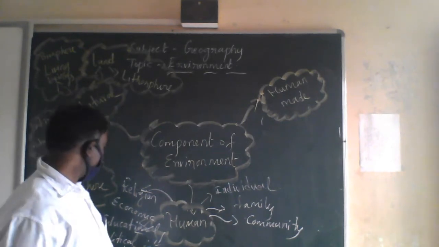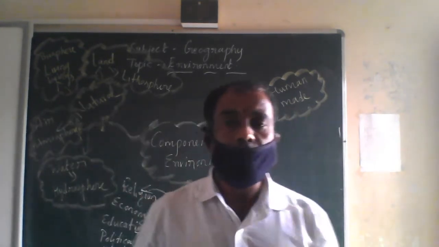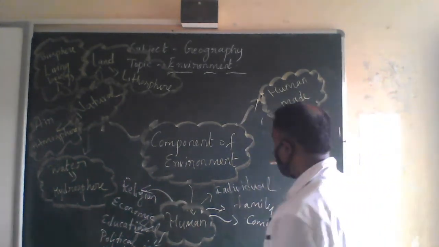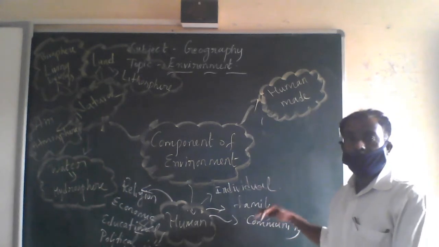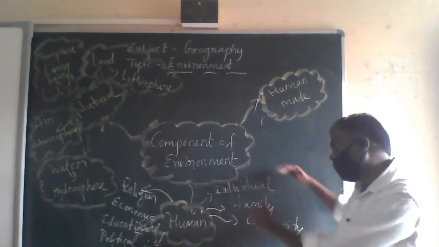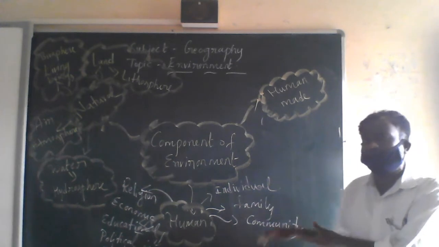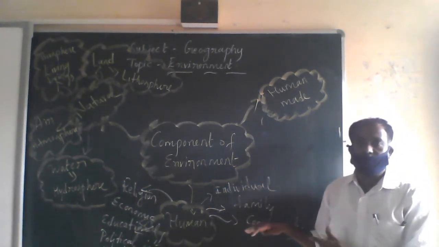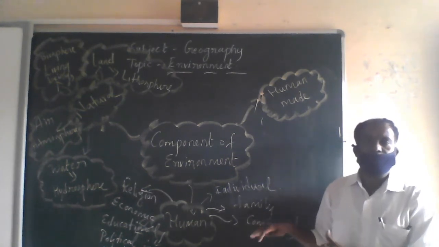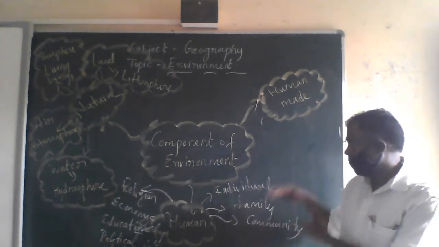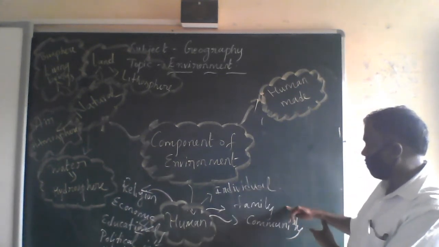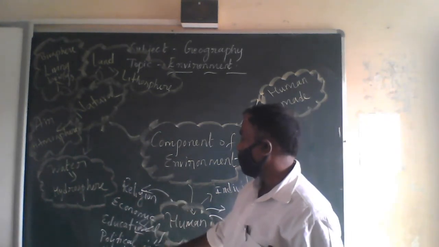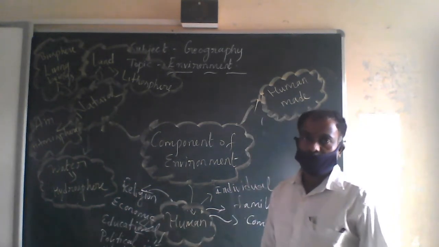Political situation. So this is all about the human environment. It starts from, the human environment consists of all these things. This is only a few, there are many. Associations, organizations, the different political institutions, education institutions, culture, and so on. It starts from individual, family, community, economic, religion, educational, political situation.